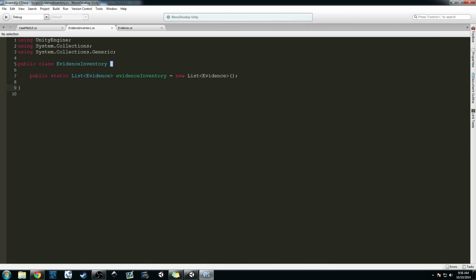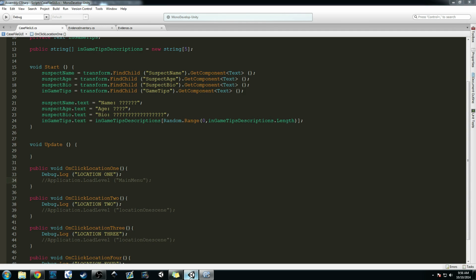So actually that's all we're going to do for now. We've created an inventory basically, and this is going to allow us to access it anywhere in the program. We'll probably attach it to a game object eventually. Maybe, I'm not sure yet how I want to handle that. But this is what we're going to access in our